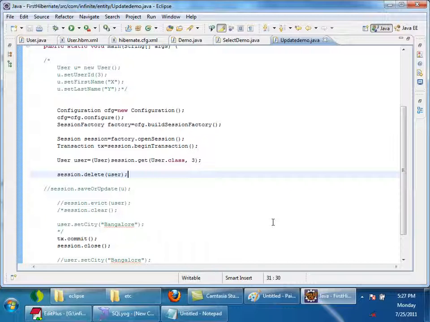So the order of execution of queries will be taken care of by Hibernate, because all the queries are fired at the last, because of this transactional write behind policy. Let me make it clear with an example.